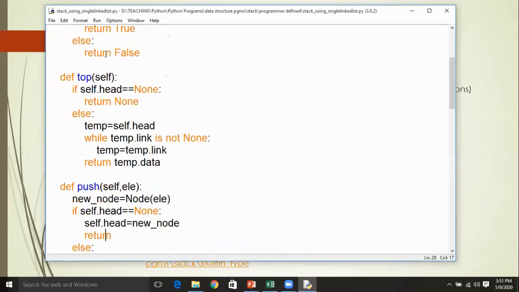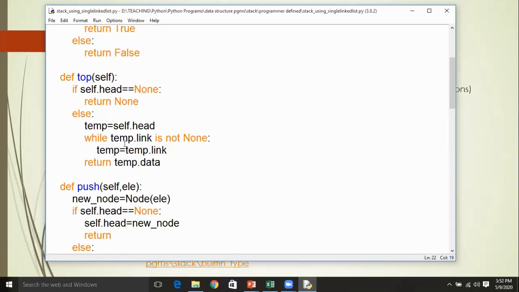Now see here, in top of the stack, you are going to repeat this loop while temp.link is not none. In order to go forward, temp is assigned with temp.link. So the temp.link value is handed over to temp, so that it can go forward through the nodes in the stack.